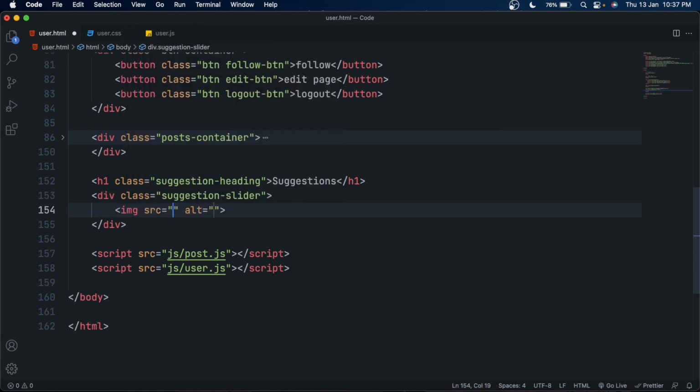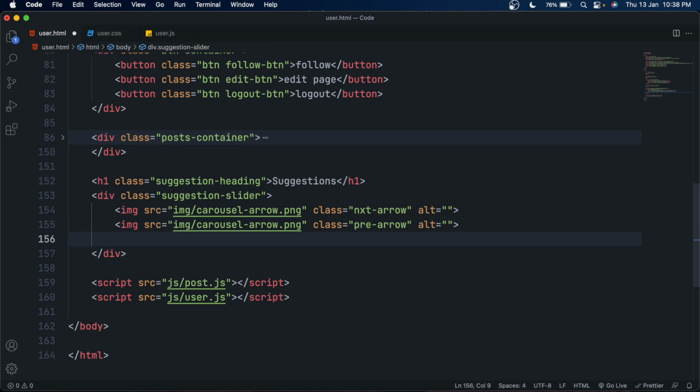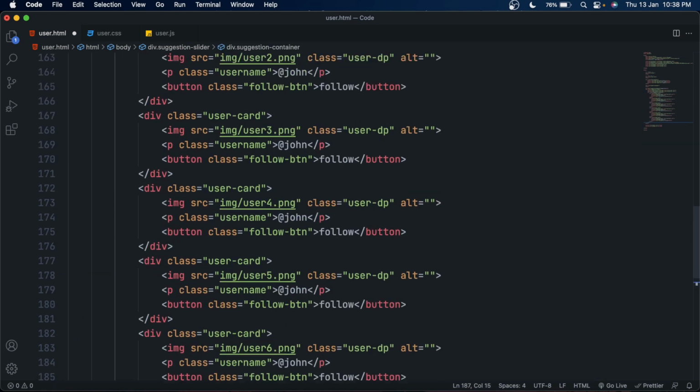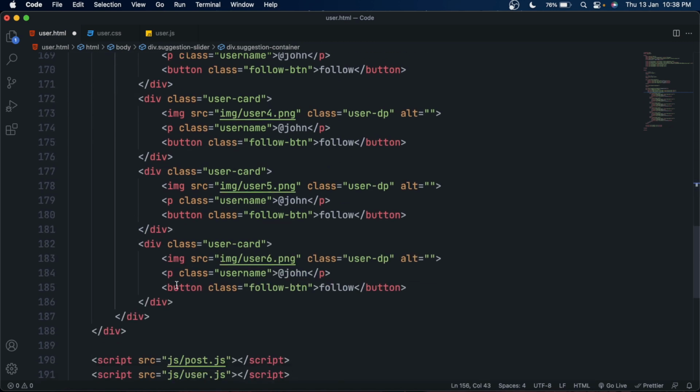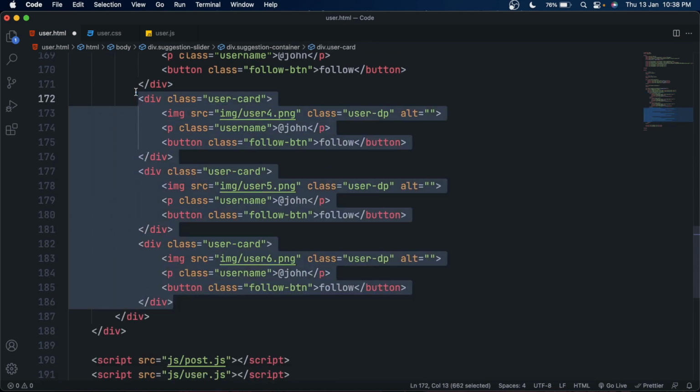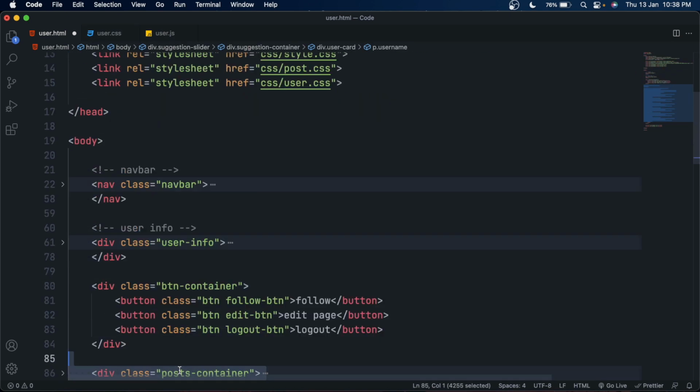Inside it, make an image element and give it a source of carousel arrow image. So this will be the arrow icon and give it a class next arrow. Make a copy of it and set it to pre-arrow and paste that suggestion container after the pre-arrow.